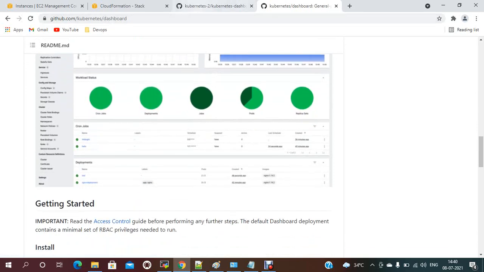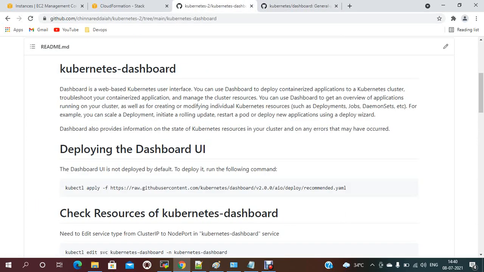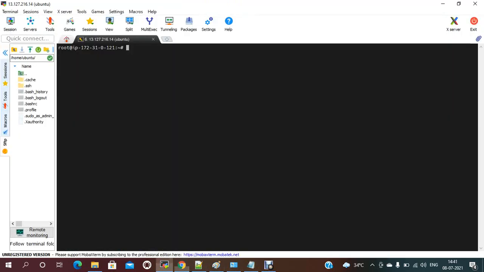So let me do the deployment. To deploy your dashboard, it does not come by default. To deploy, you have to apply the following command, then it will generate some services and all the files. Currently, I don't have any deployments. kubectl get deploy.